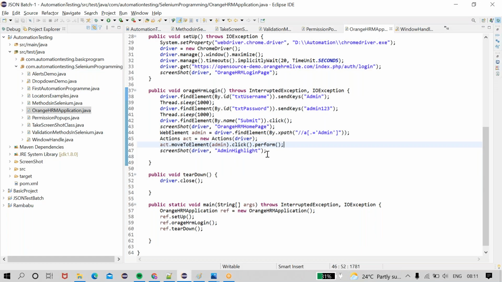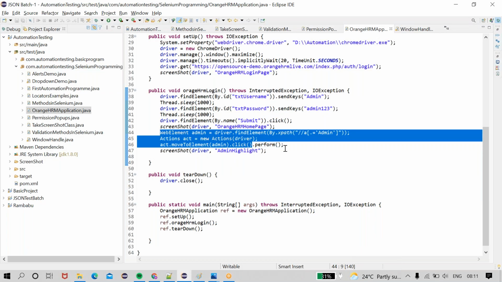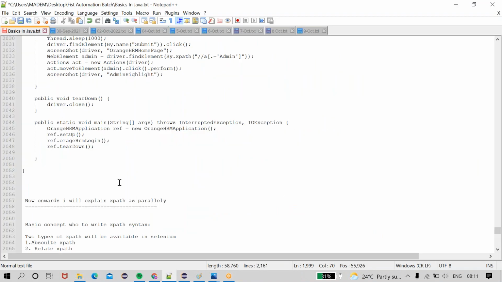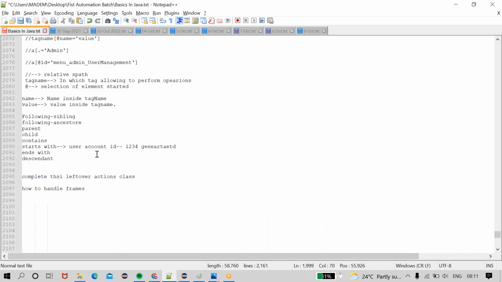In the last class we discussed that after performing any operations in the Actions class we need to call the perform operation. I will explain. Make a very important note.